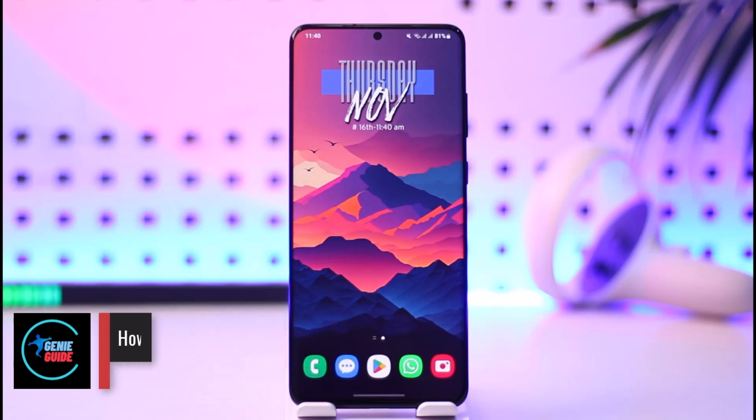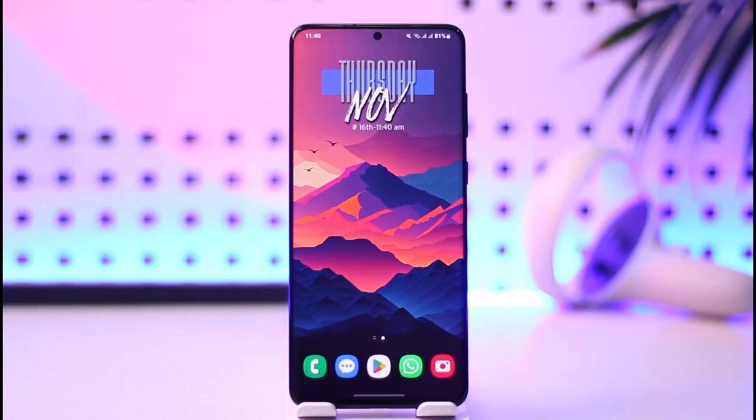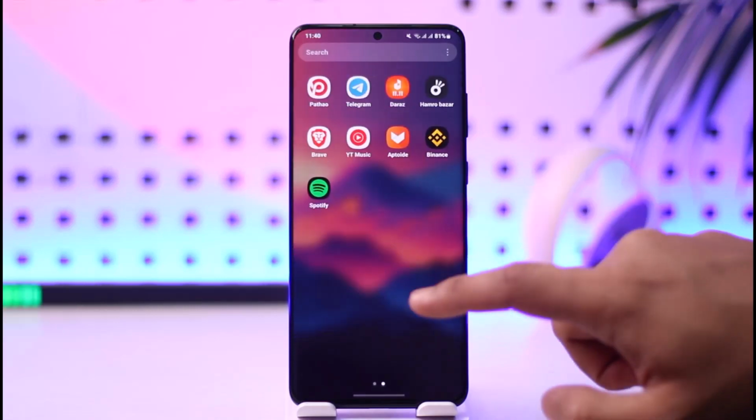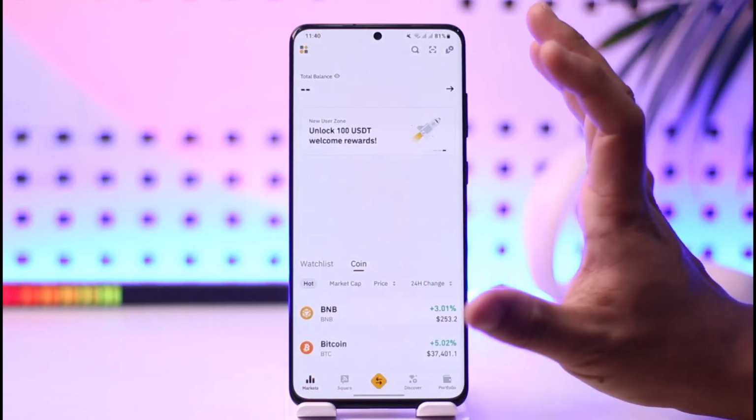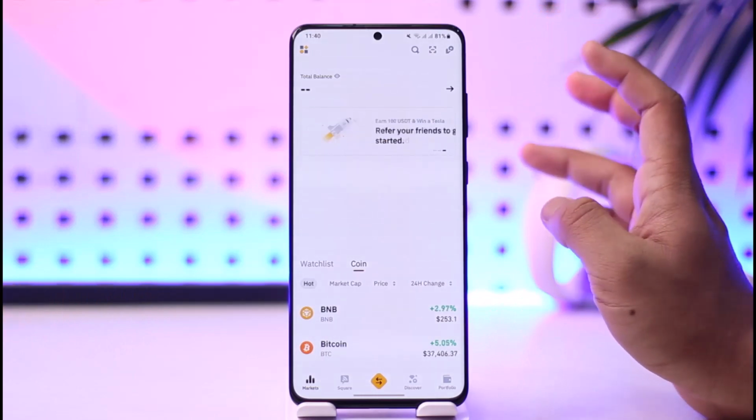In today's video, I will guide you on how you can use Binance US app for beginners, so make sure to watch the video till the end. If you want to use the Binance US app, which means the Binance is of course also just a universal application itself. Now after you launch the Binance app, assuming you have signed up, logged in or something like that,